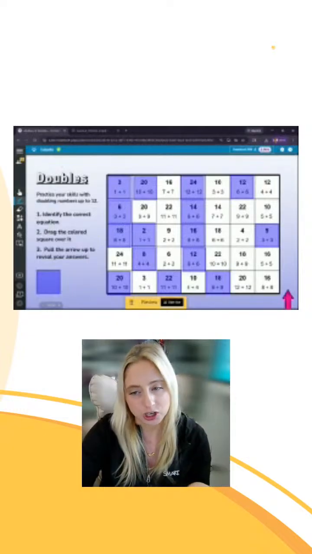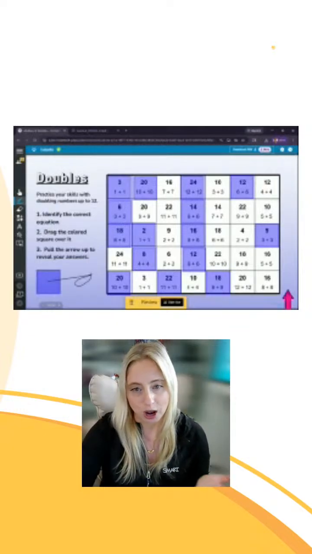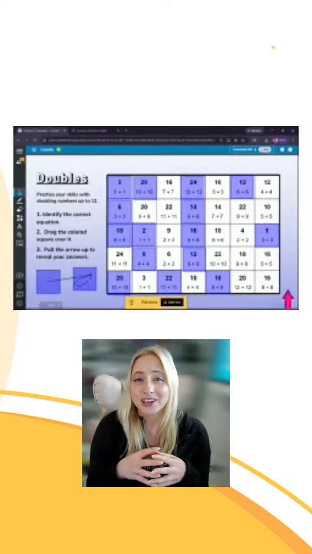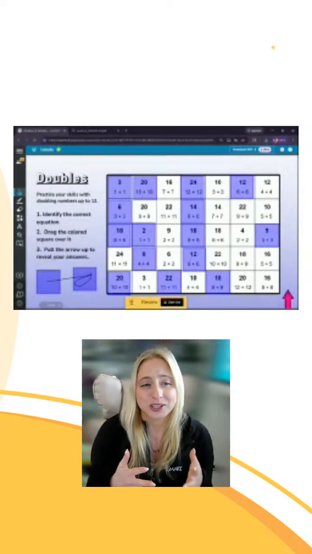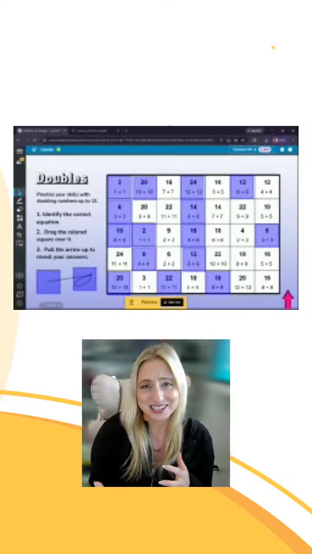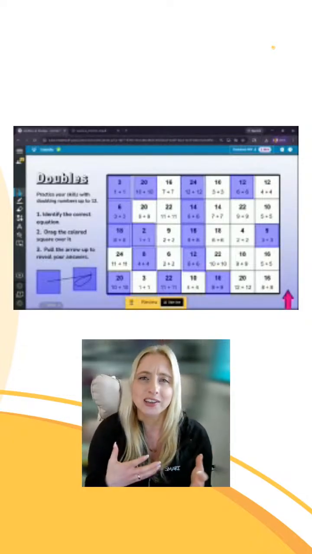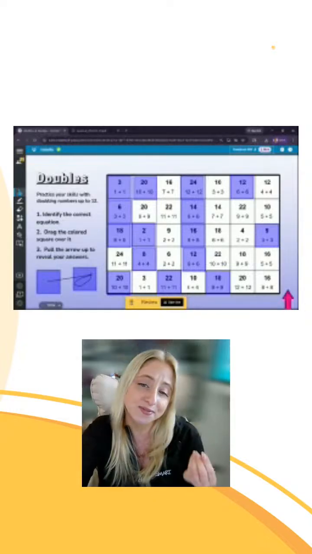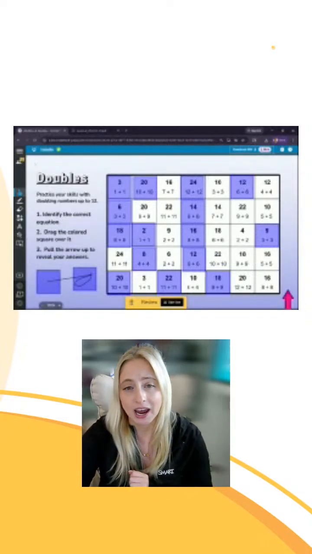Now, for this worksheet, again, all they needed to do was drag and drop those squares. I also really like doing it this way because it doesn't put pressure on your students with peers watching their responses. It's great for those hesitant learners who just need a little bit more time processing. And what I also really like is if this file had multiple pages in it,